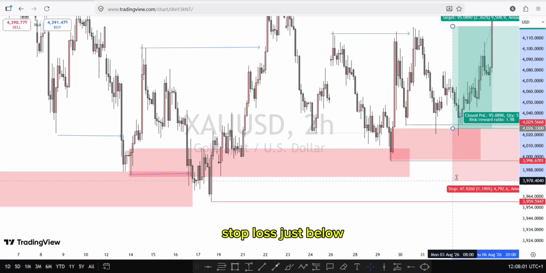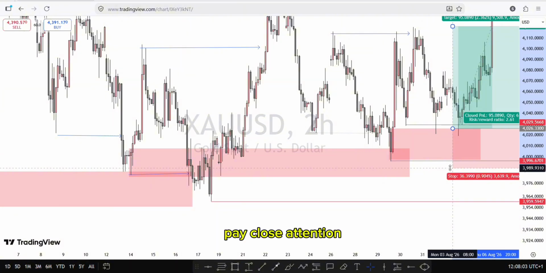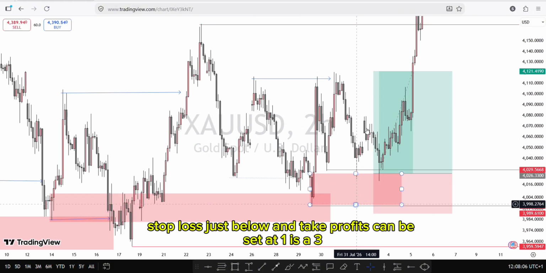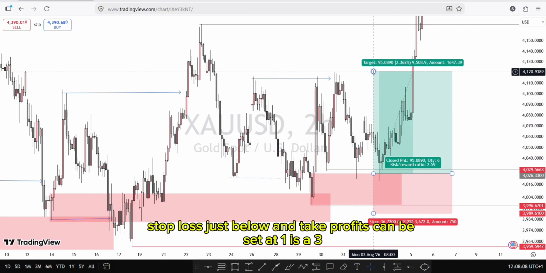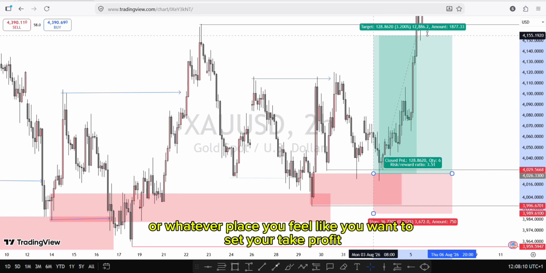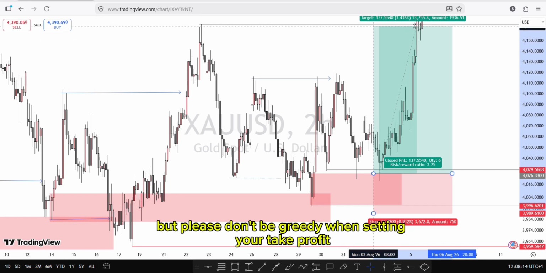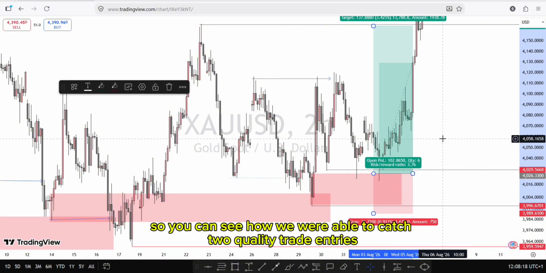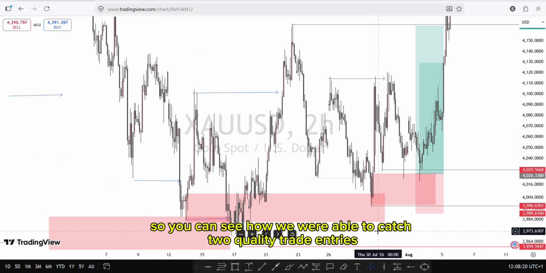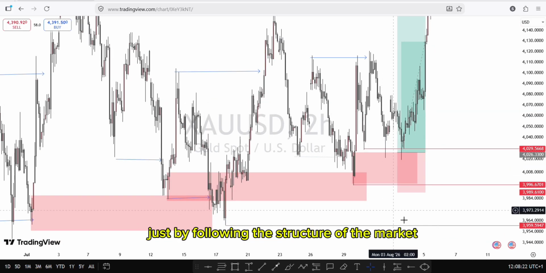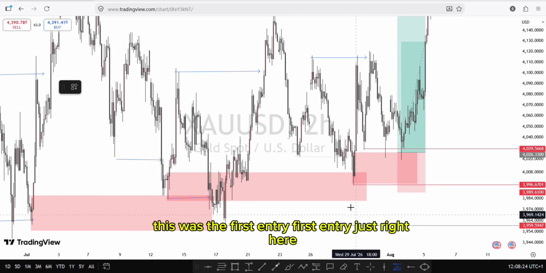Stop loss just below. Pay close attention. Stop loss just below, and take profits can be set at 1:3, 1:2, or whatever place you feel like you want to set your take profit. But please don't be greedy when setting your take profit. So you can see how we were able to catch 2 quality trade entries just by following the structure of the market. This was the first entry